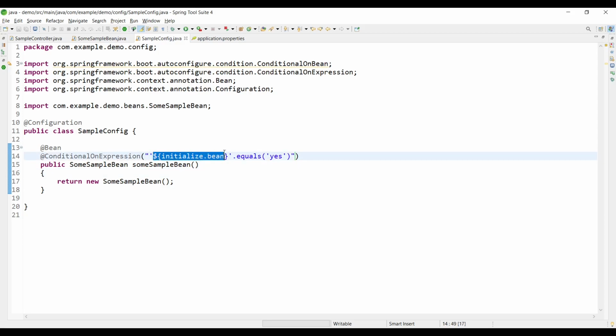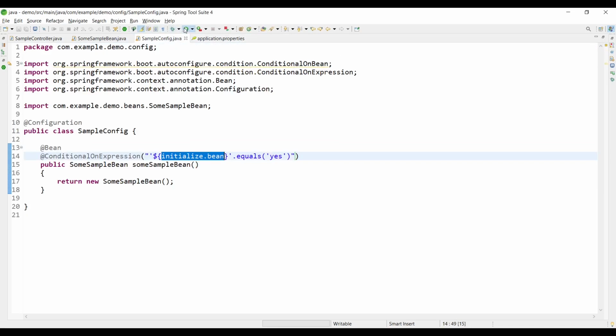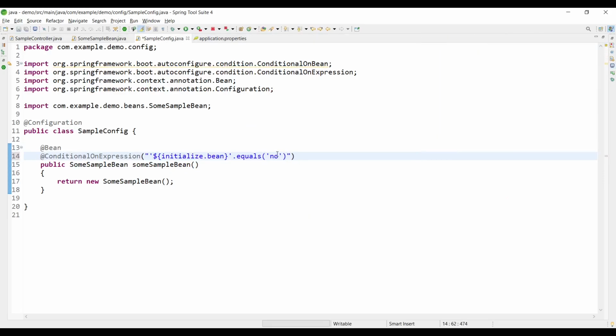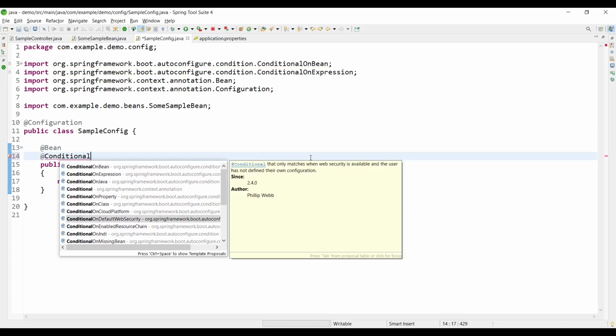As you might know, this is a typical way to inject a variable from the application.properties or a configuration file. And just like I said, it's like normal Java code. We have an equals method of the Object class, and since this string is an object, we can use that on it. This will check if this variable or whatever config we have is yes or not. Currently it's yes, so it will be initialized. Similarly, if it's no or something like that, it won't be initialized. Let's check that as well. So here you go. In this way you can play around and see which conditional annotation would be preferable for your scenario.